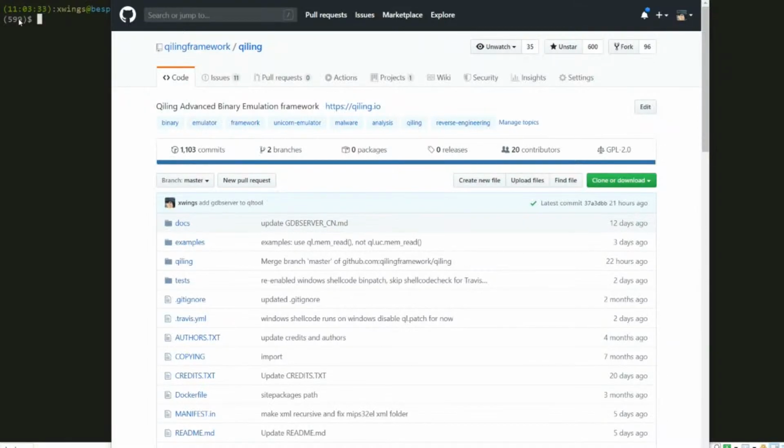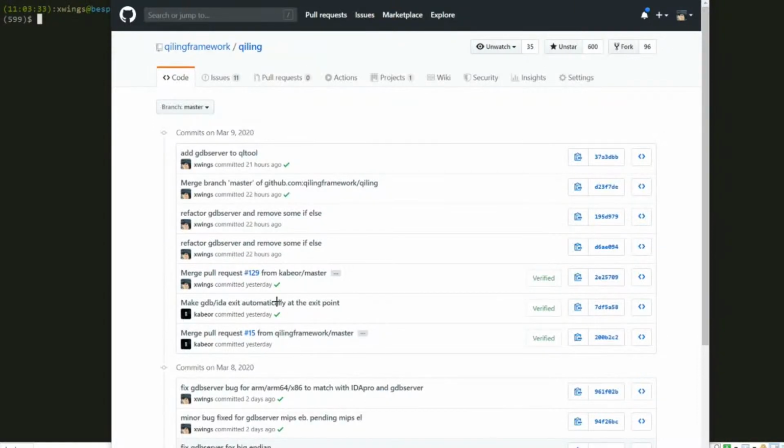Before we start, one piece of good news is that we finally reached 600 stars, and we have a couple of important updates which we would like to share with you. The first one is, of course,